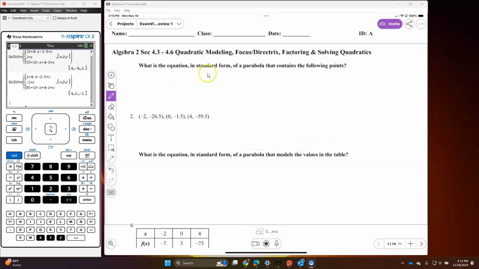What is the equation in standard form of a parabola that contains the following points? So here is my equation: y equals ax squared plus bx plus c. You're going to substitute. So we have negative 26.5 equals a times negative 2 squared plus b times negative 2